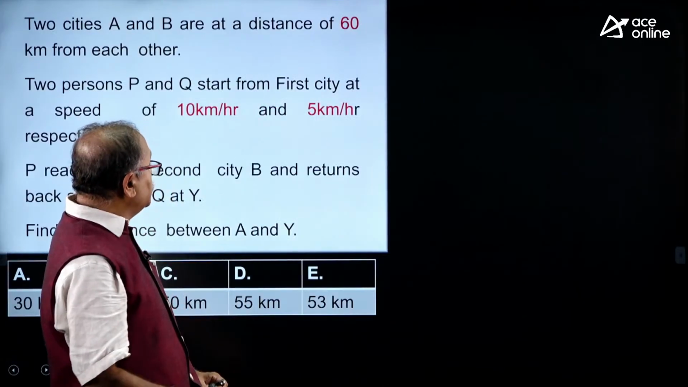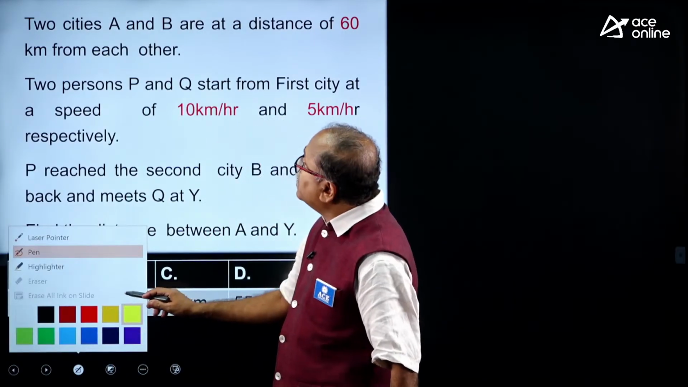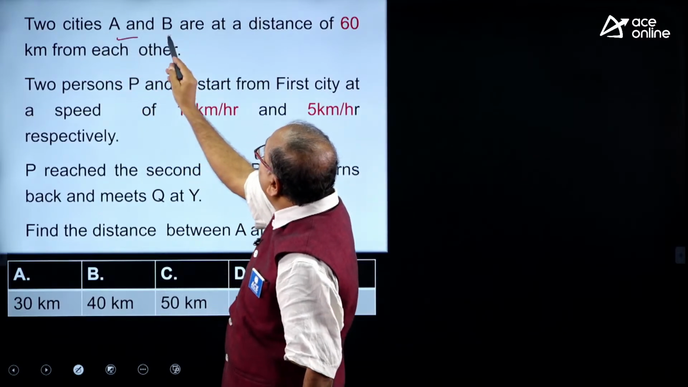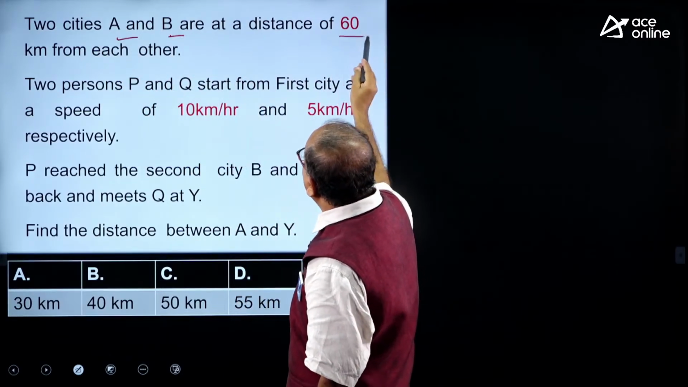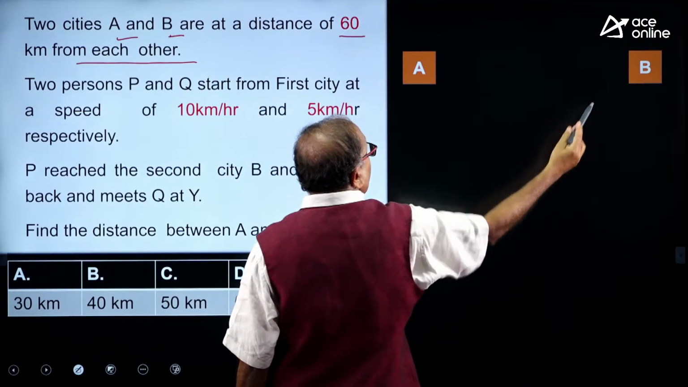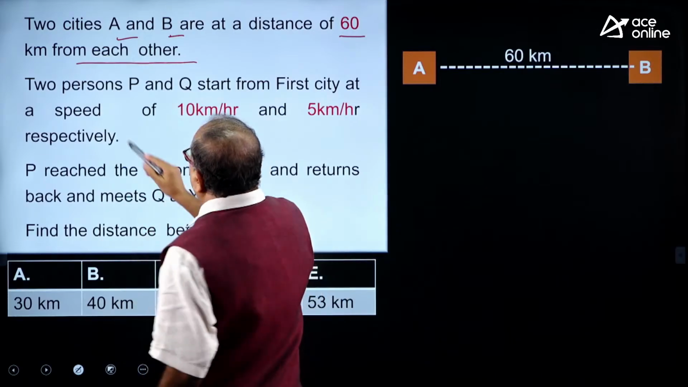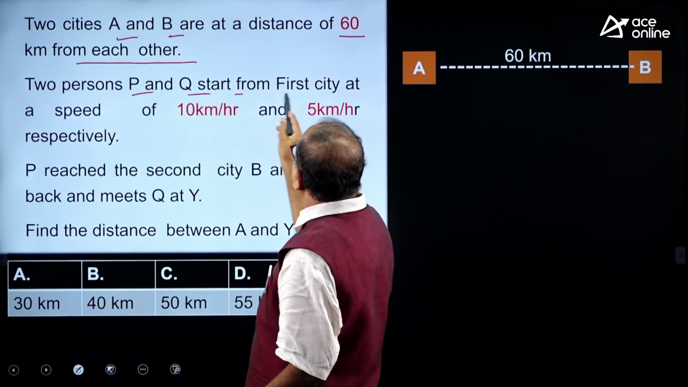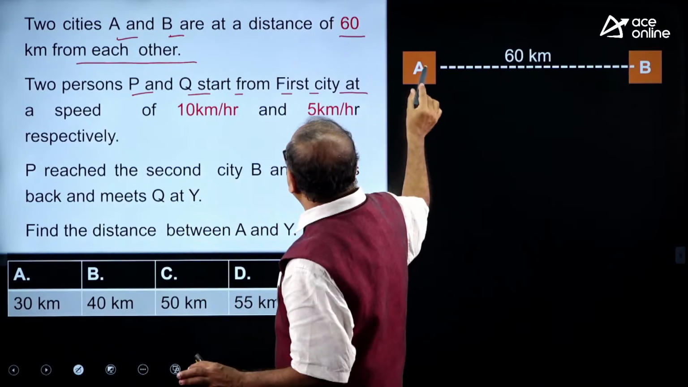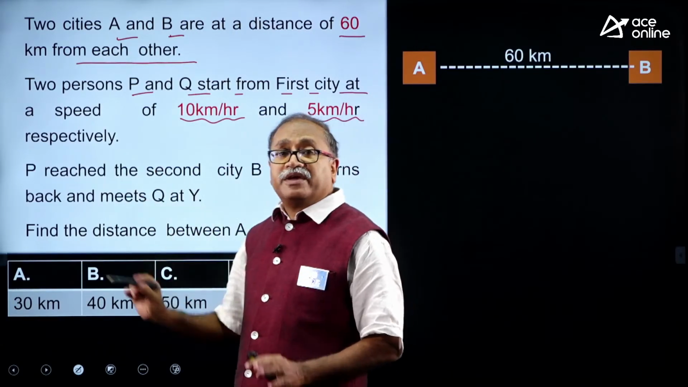Okay. One last question of the class, and it is really a very frequently asked question in the exam. So, two cities are there, A and B, at a distance of 60 kilometer from each other. Look at this one, there are two cities with a distance of 60 kilometer. Okay. The two persons P and Q start from the first city, that is from A, with a speed of 10 kilometer per hour and 5 kilometer per hour, both started